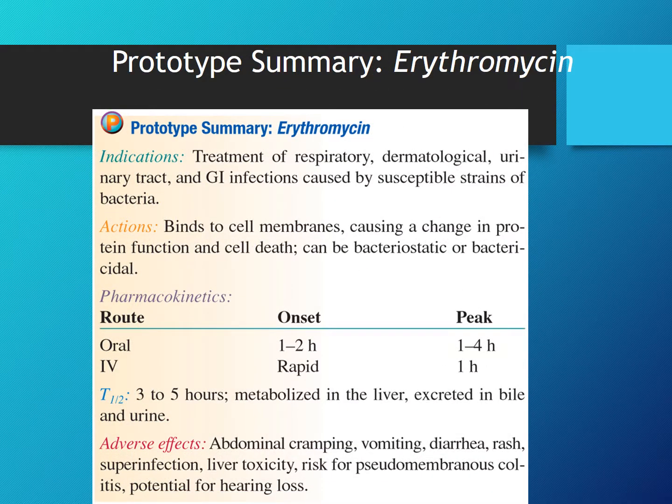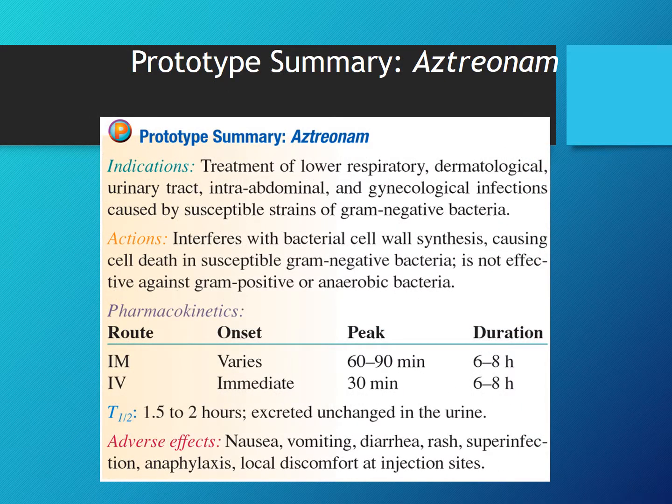Erythromycin can be oral or IV. And there's some potential for hearing loss. There's also some potential for liver toxicity with erythromycin. And then aztreonam, which can be IM or IV, used for lower respiratory tract, skin infections, urinary tract infections, gram-negative infections, and these are your, I believe, your macrolide. This is your macrolide